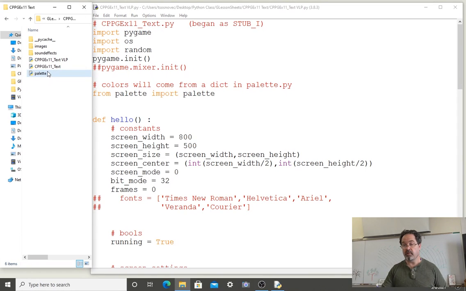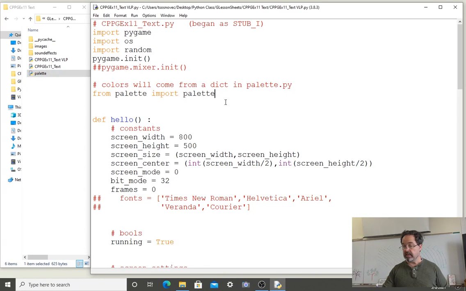I'm in the habit of including my code files with subdirectories, images, and sound effects for resources, though I'm not going to be importing any sound effects and images in this program. I do have my palette of colors to import so I can use the colors from the dictionary that I call palette. In this program, what we're going to do is display written words as graphics